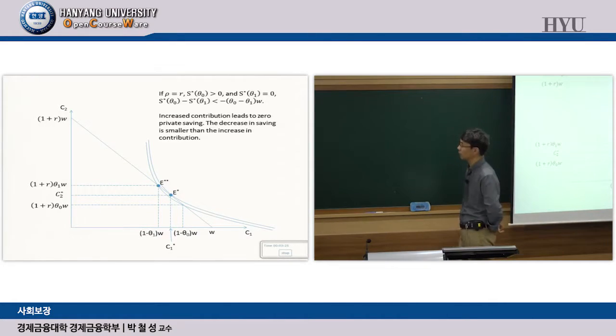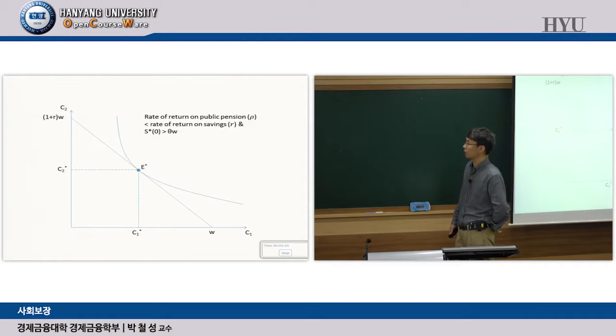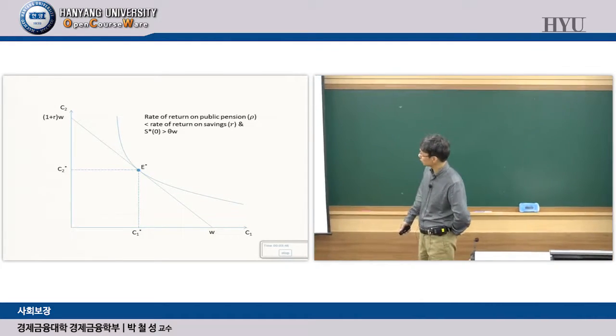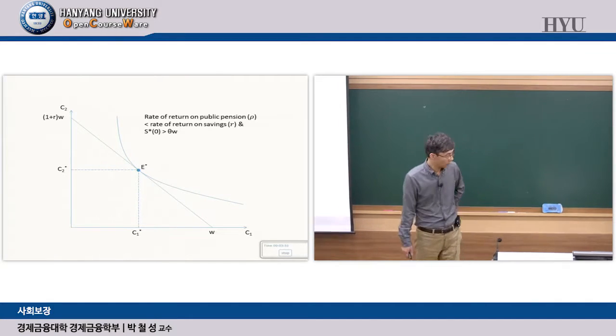Okay, now let's move on to a new situation. The situation here is that we assume now that the pension contribution's rate of return is lower than the rate of return to the savings. Okay, so one possibility is that